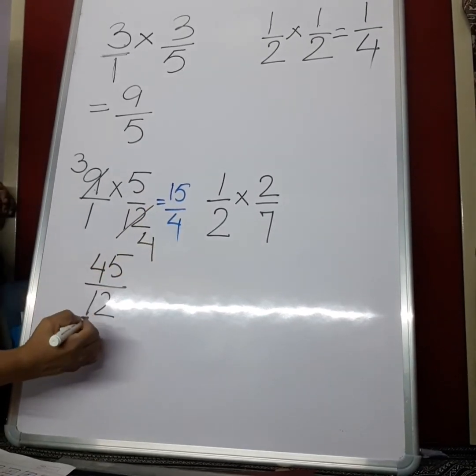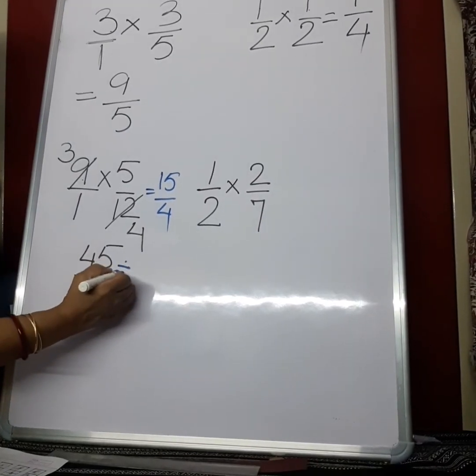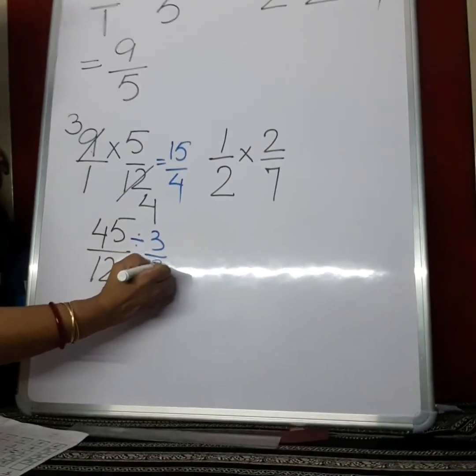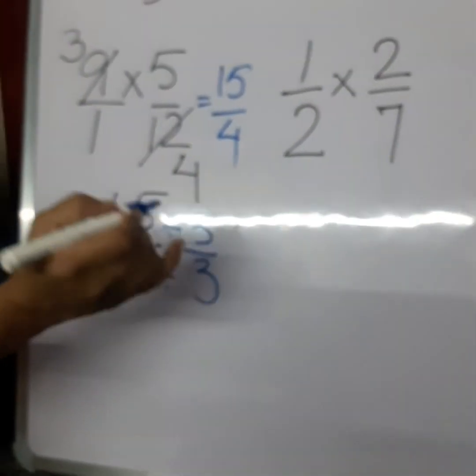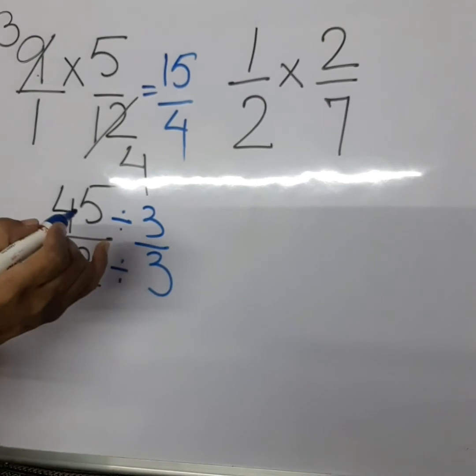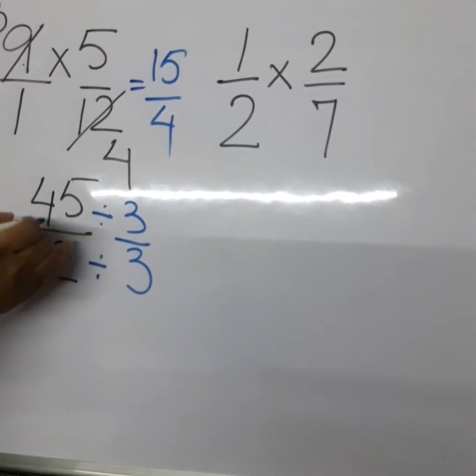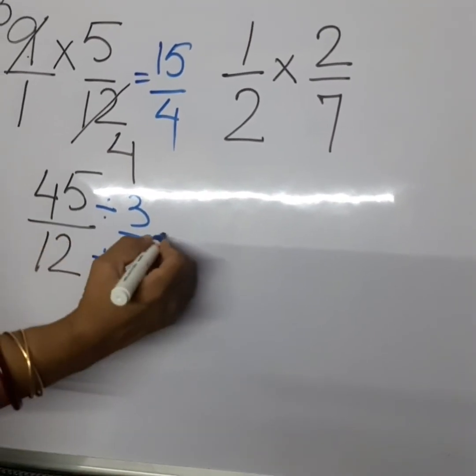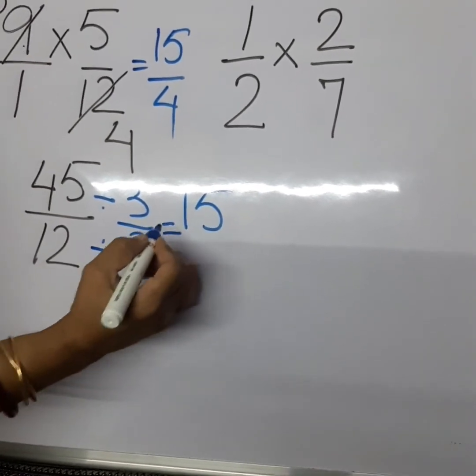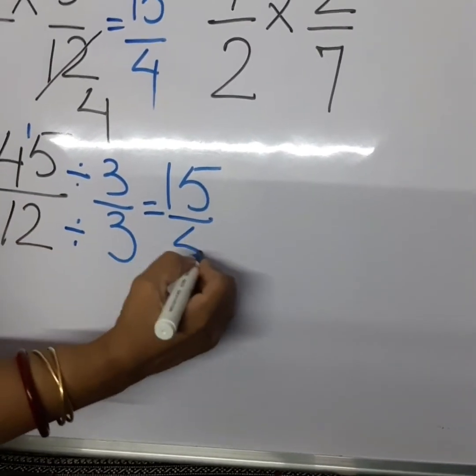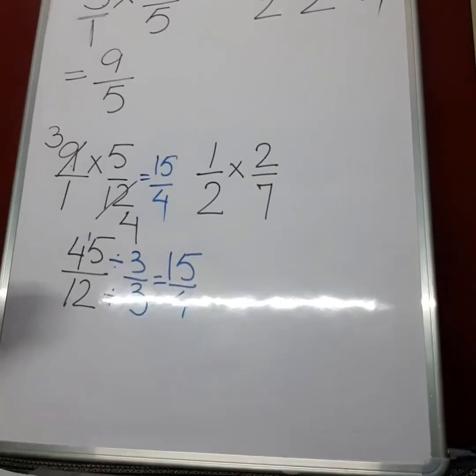We can do it over here also, dividing both the numbers by their HCF. So HCF is 3. Children, remember, HCF of the numbers can never be greater than the smallest number. It can be equal to or smaller than the smallest number. So here it is 3. 3 1s are 3, 3 5s are 15 and 3 4s are 12. See, the same numbers have come. We can change it into mixed fraction.